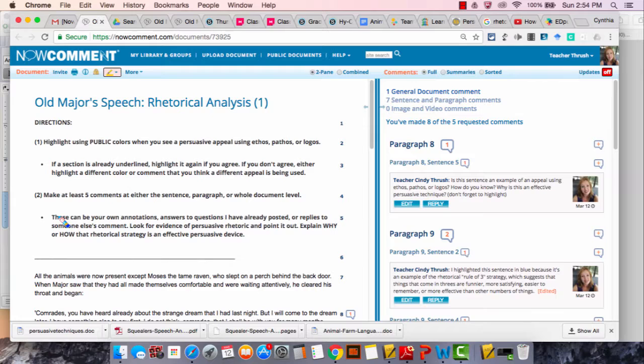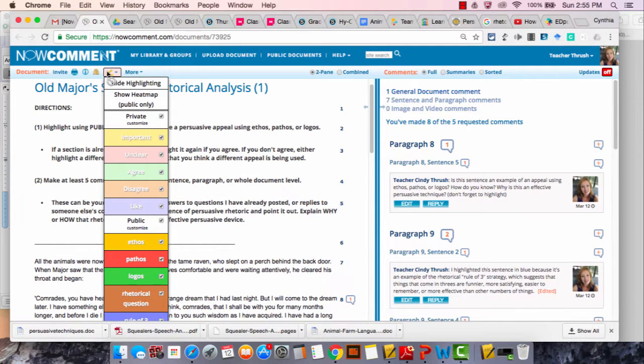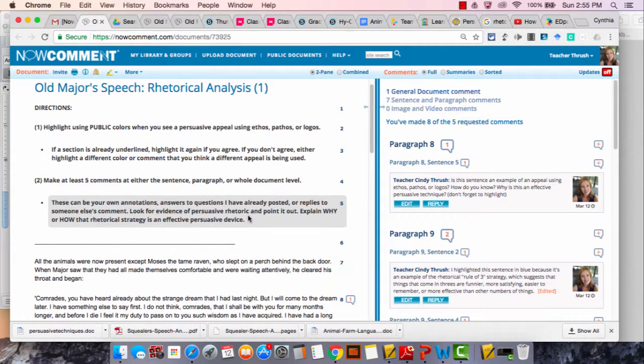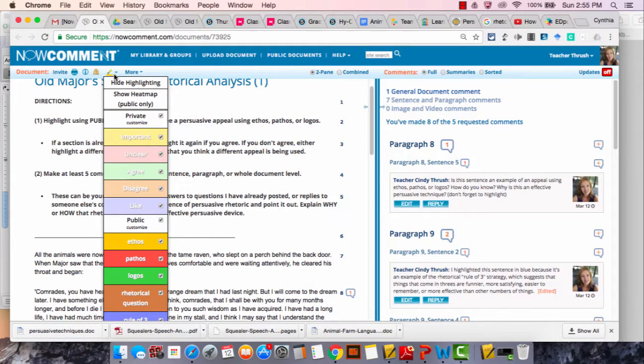I would click on a sentence, and now once you click, you can't really unclick, so don't click unless you're sure, okay? And then let's say you pick that, oh, this sentence here shows ethos appeal. And then you would come back to the top, unclick highlighter so that you're not highlighting anymore. So the first thing you're going to do is read through the speech and look at where are the ethical and the logical and the emotional appeals in this speech, and use your colors from your highlighter to highlight those